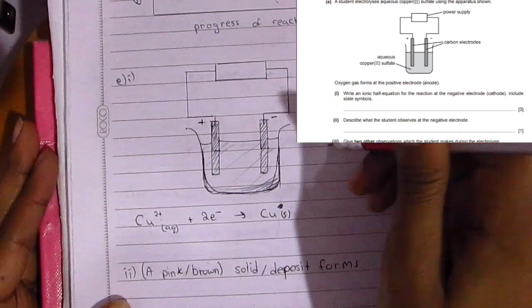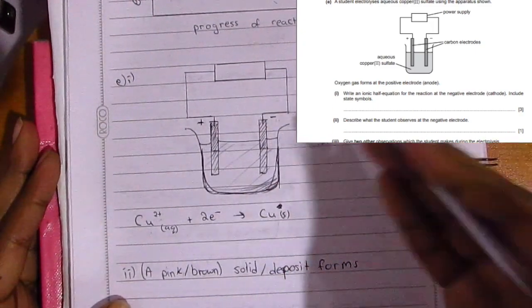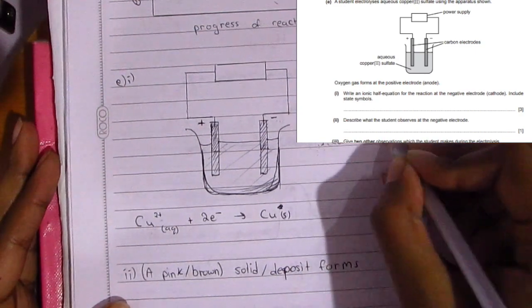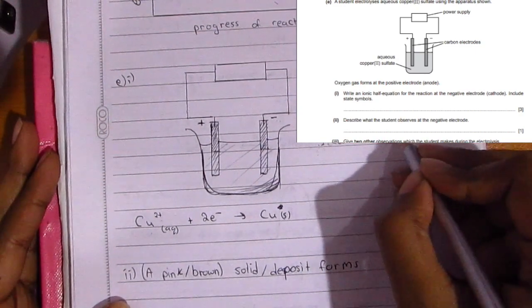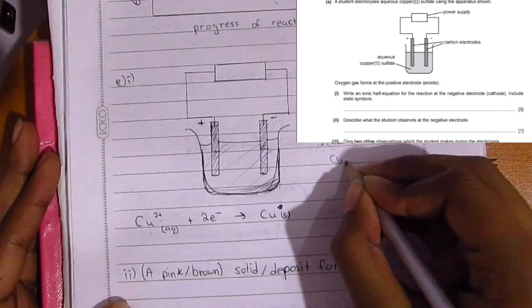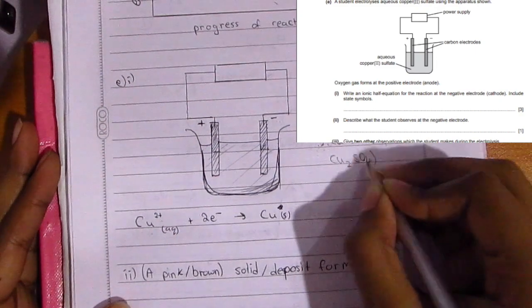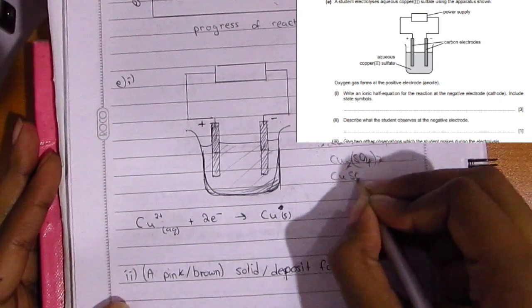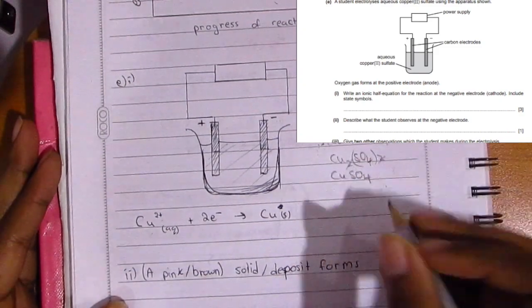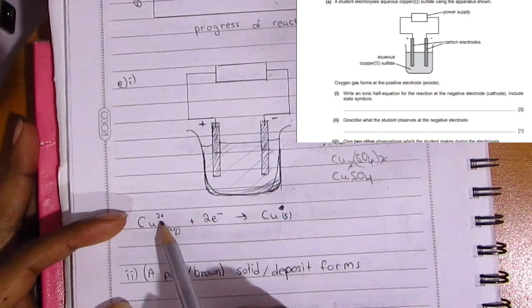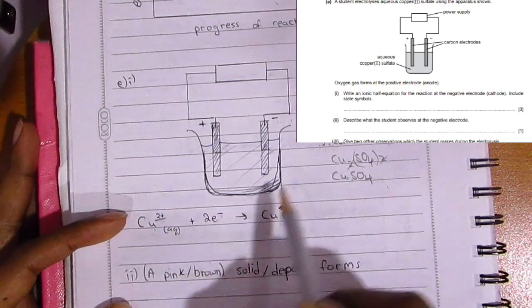the copper ion is going to go to the negative electrode because that's what it's attracted to. Opposites attract, right? Now the copper sulfate, same again, Cu2+ and the sulfate has an oxidation state of 2-. Both the 2s cancel out and you'll have copper sulfate written like that. Now they've told us to describe what the student might observe at the negative electrode. They're going